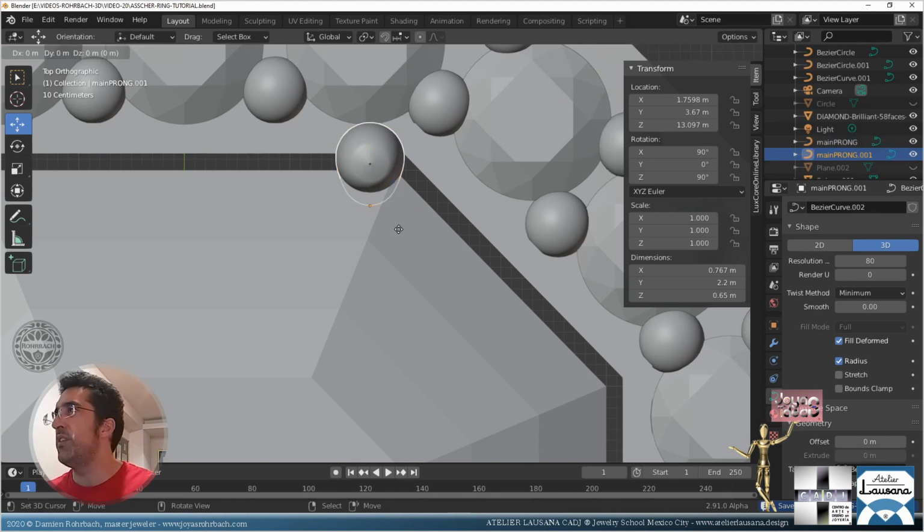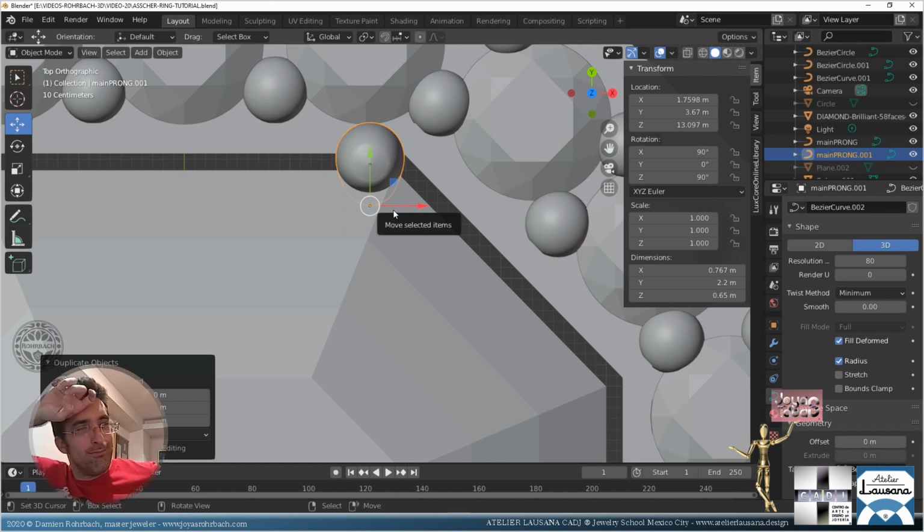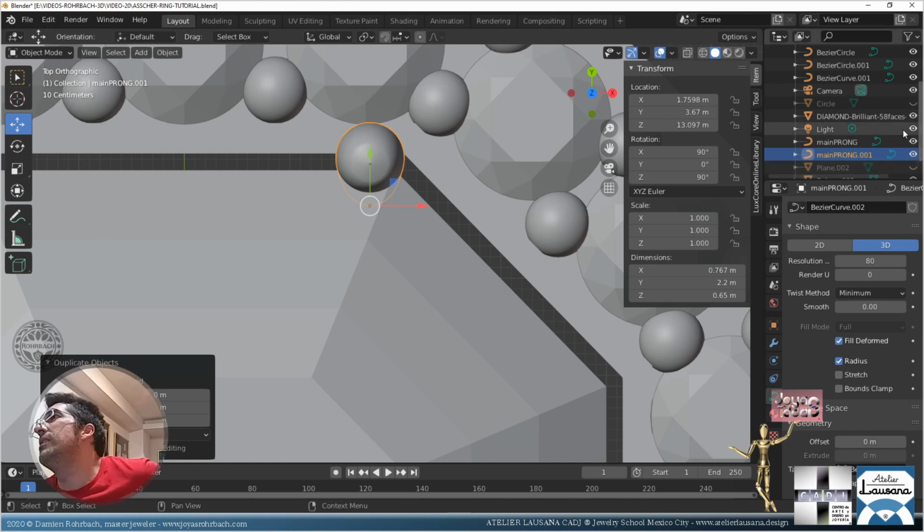Now let's do a Shift D. Okay, that's something I say in every tutorial. In whatever language, French, Spanish, English, I always say the same. This is a curve, and maybe it's not good, but I don't want to lose the original curve. So I make a copy, I hide the original curve, then let's make Alt C, so now that's